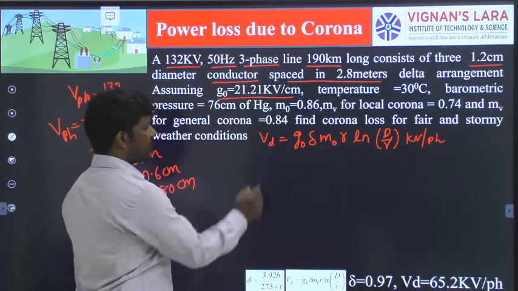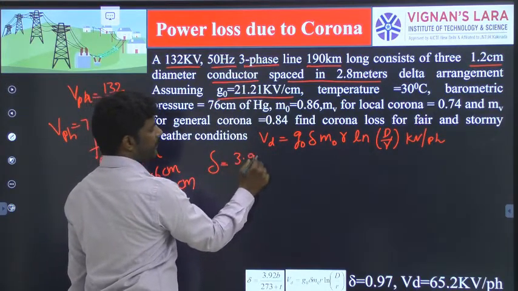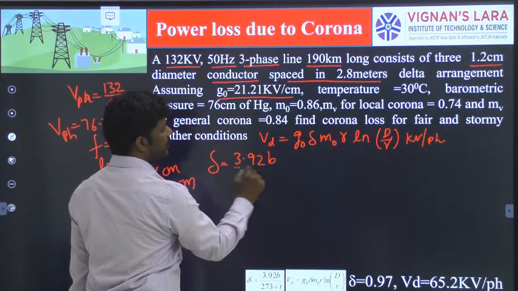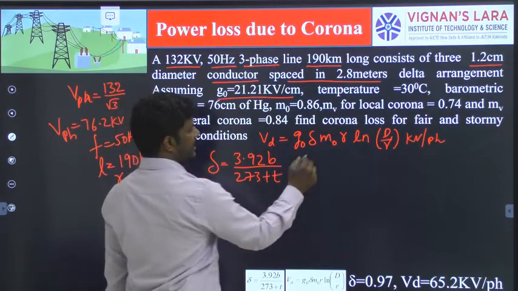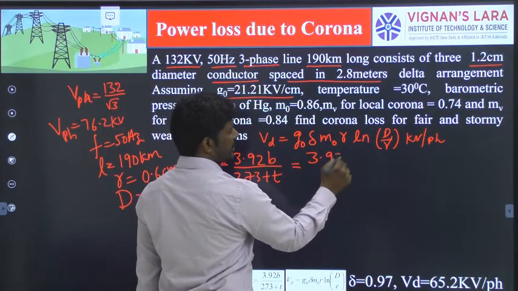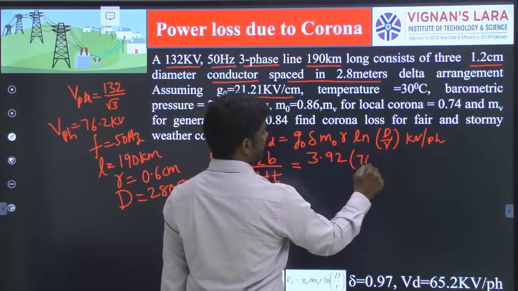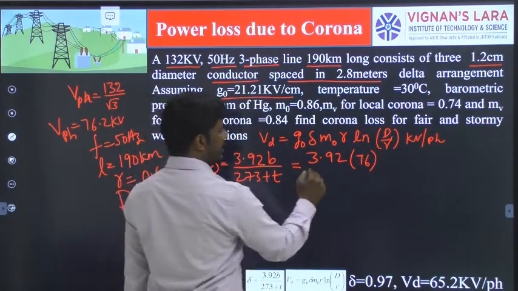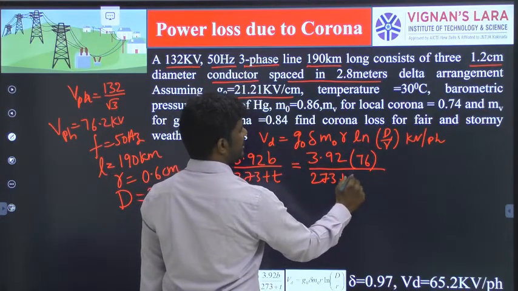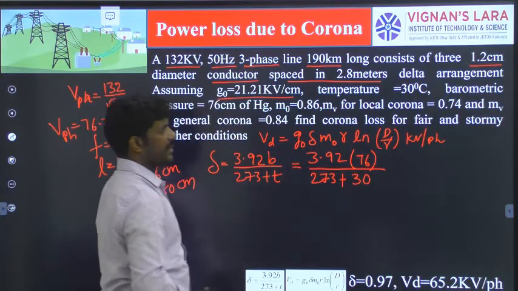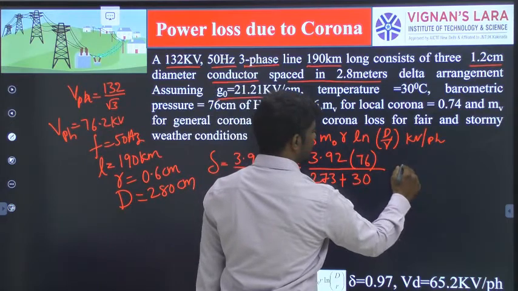Before using this formula, I want to calculate delta, whose value is 3.92 B by 273 plus T. On substitution, the barometric pressure is 76 centimeters of Hg divided by 273 plus temperature in degrees centigrade, that is 30, given in the problem. Operating in the calculator, you will get the magnitude of this delta as